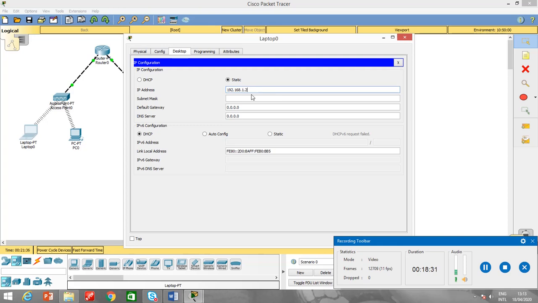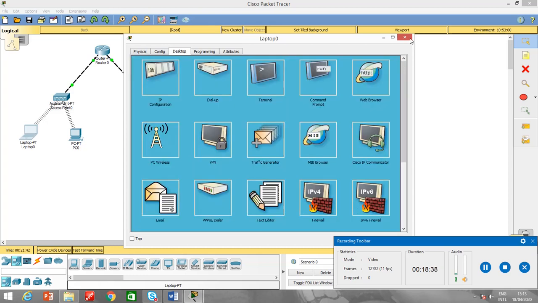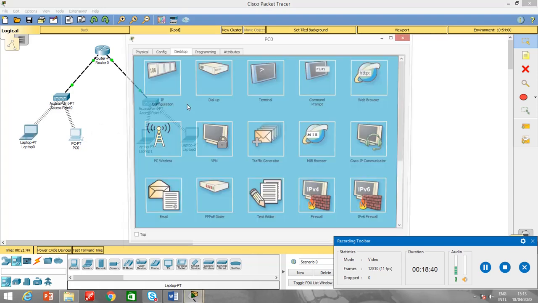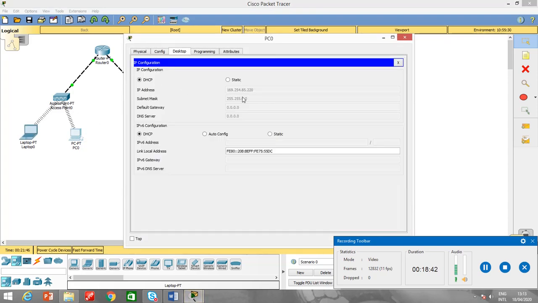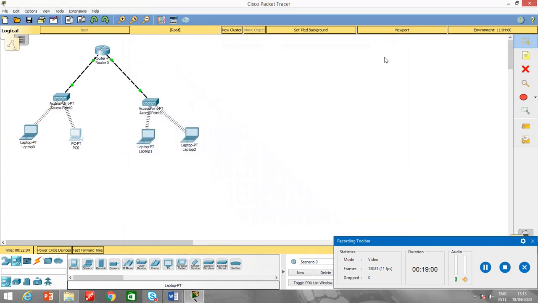192.168.1.2 and it was 192.168.1.1. Same thing I will do here. You can change the IP addresses later, not in the first step. 192.168.1.3 and here 192.168.1.1. Done. Alright, so same thing I will do over here also.